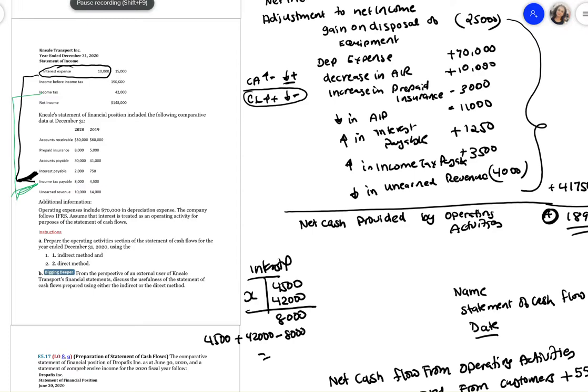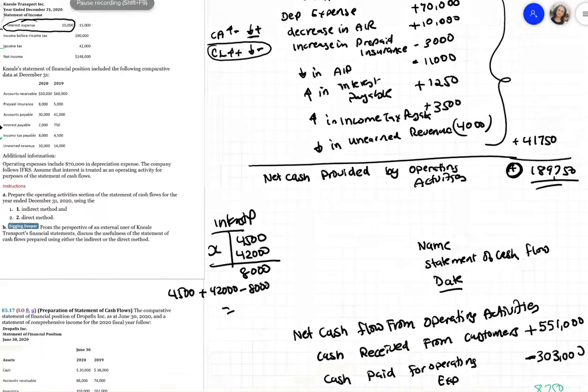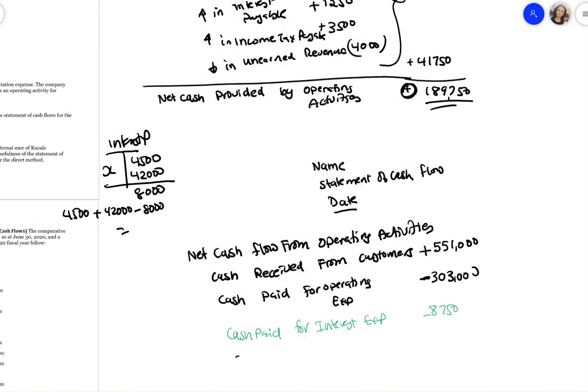It will tell you how much we paid for that. So 4,500 plus the 42,000 minus your 8,000 will give you 38,500. So that's what we paid, cash paid for the income tax. So the cash paid for the income tax is